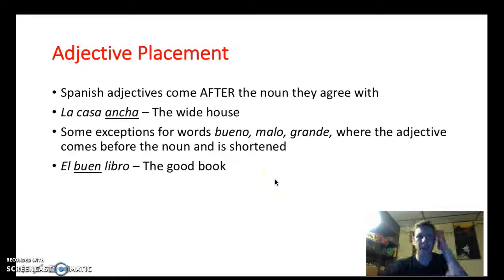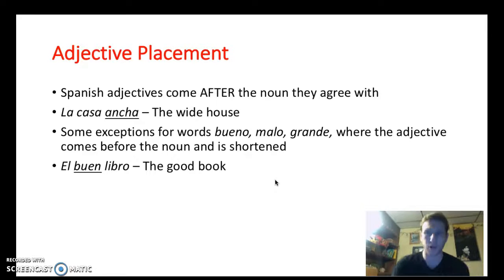Alright, moving on, guys. So to wrap it up, we have adjective placement. Now, Spanish adjectives come after the noun they agree with. Again, very different from English, where we always have the adjective coming before the noun it agrees with. So, for example, we have la casa ancha, the wide house. Now, again, guys, notice ancha comes after the noun, comes after casa. So, there are a few